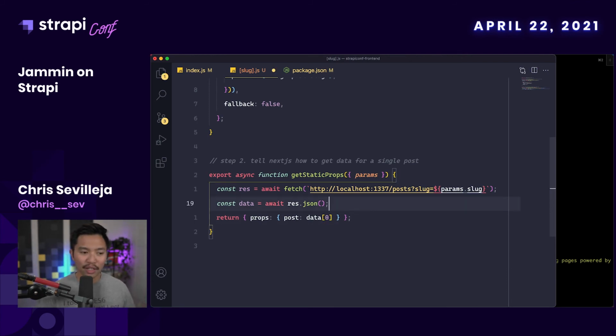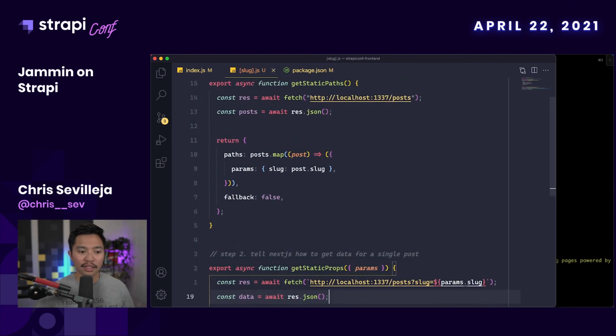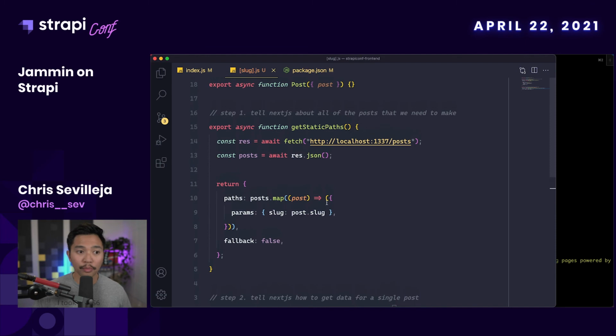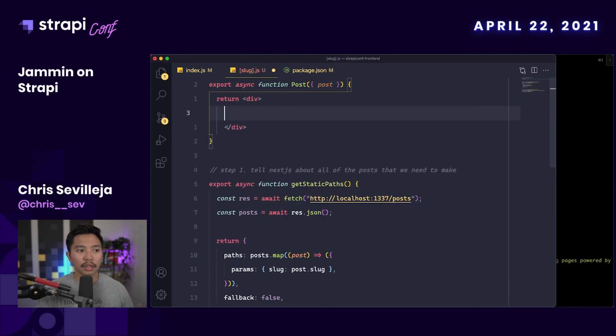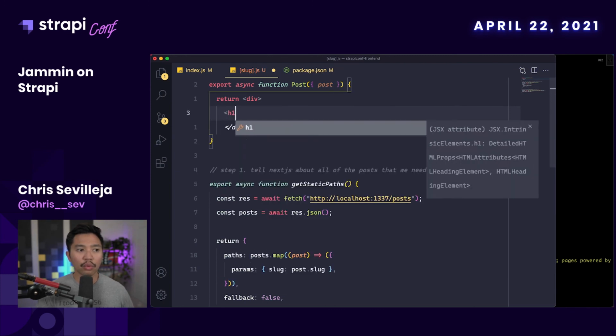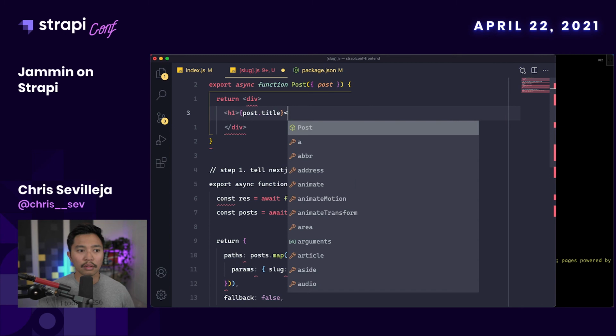So those two are probably the hardest parts of Next.js: getStaticPaths and getStaticProps together. But we are done and able to build a 20,000 page site, a 20-page site, a 50-page site. All we have to do is just keep adding to our Strapi dashboard, and this would generate each one, which is really cool. And then down here, we just say return div, and then you can say h1 post.title, and